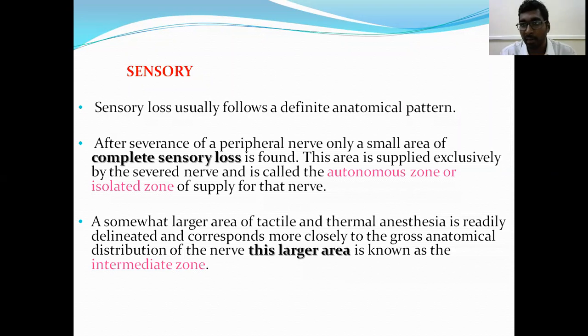But sensory supply is not like that. The nerve supplies some part of the sensory area, which is usually also supplied by another nerve, the complete opposite of the motor. So a very small area is isolated, meaning only a very small area is supplied by a single nerve. Most areas have dual nerve supply. So if you want to test whether a sensory defect is present for that nerve, you have to test the isolated area, meaning the area exclusively supplied by the suspected injured nerve.